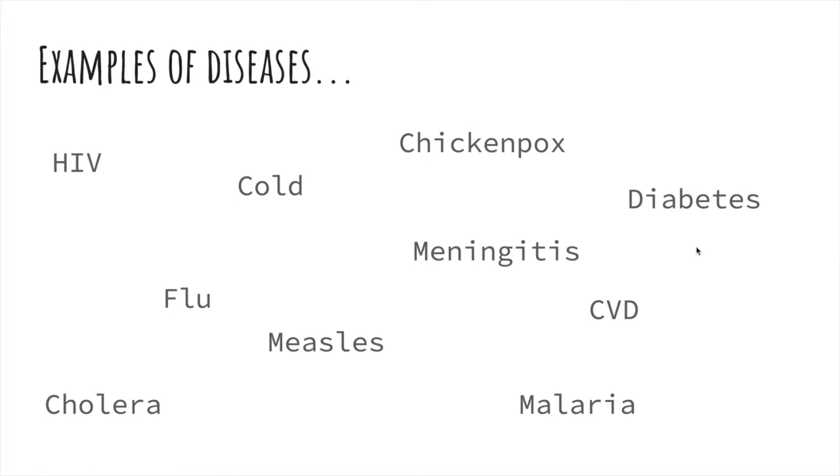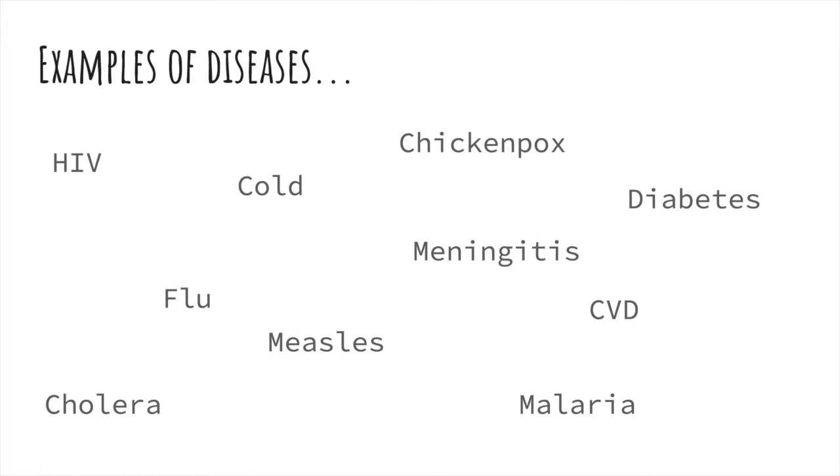And you might think, right at the moment, coronavirus is so much in the news, why have I missed that off this list? Well, the common cold is a type of coronavirus. So even this list, you could break things down into lots of different types. So there are lots and lots of different types of meningitis. There are 2 types of diabetes that we've looked at. So there are thousands of diseases, and often those diseases can be broken down